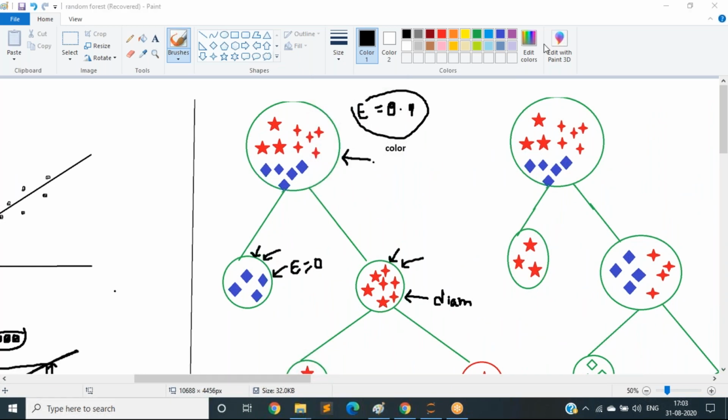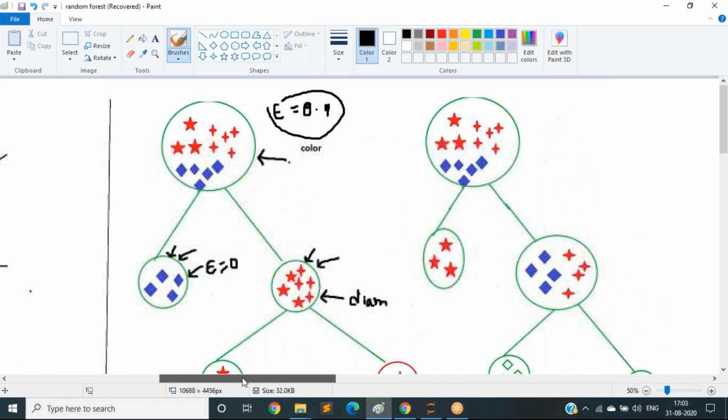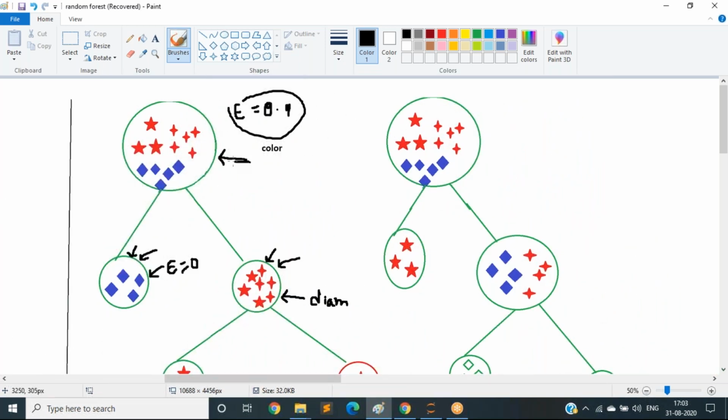See that in the decision tree, it is taking only one tree by calculating all the information, and from that one tree only, it is giving some predictions to you. But in the random forest, not only this tree. See here, it has taken some decision based on the color firstly. But let us see the other tree here. See in this diagram, you can observe that.